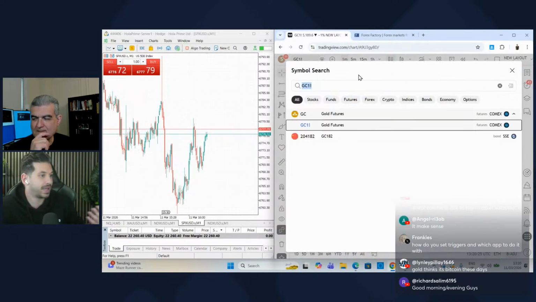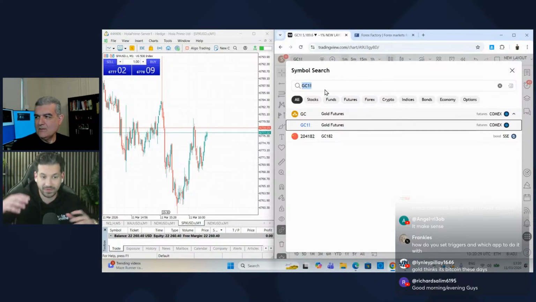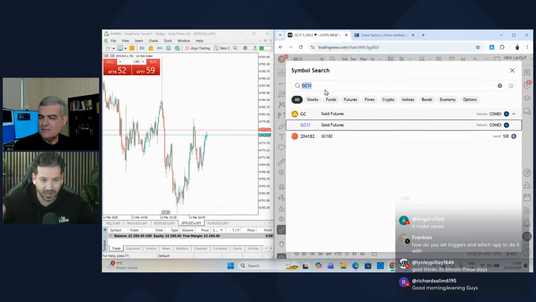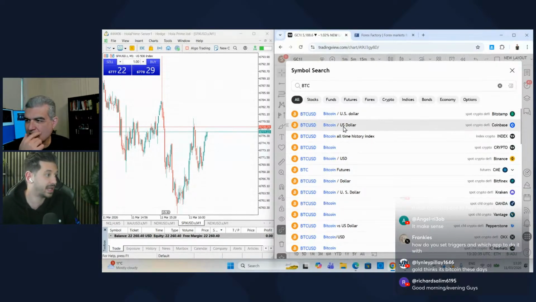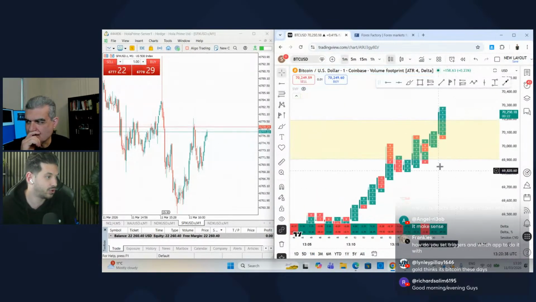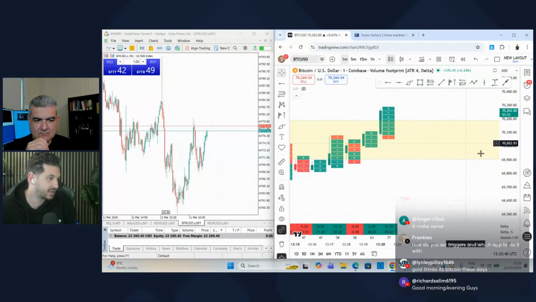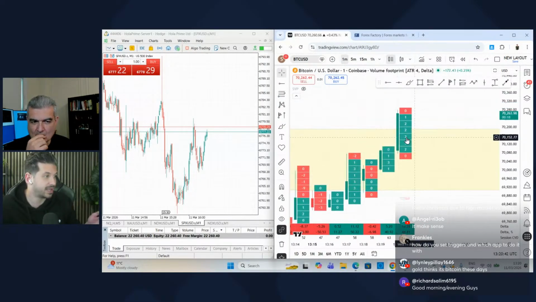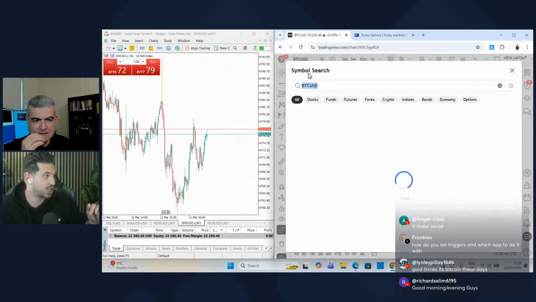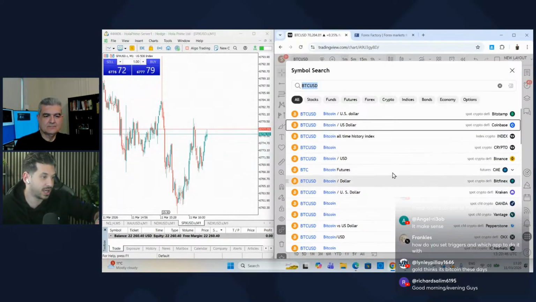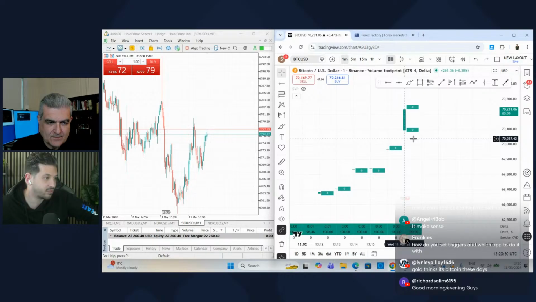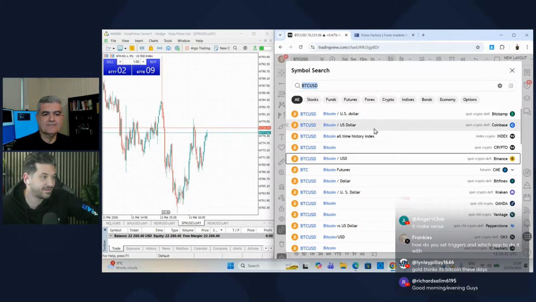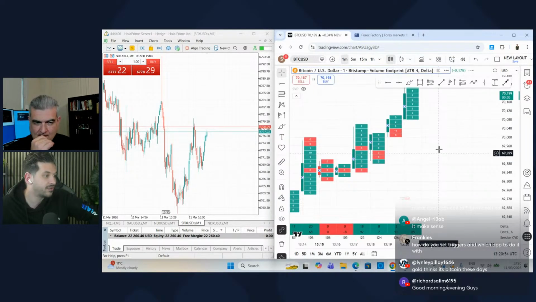Bitcoin comes from an exchange, whether it's Kraken, Binance, whatever, right? So if you go to BTC, for example, and we do Coinbase here, you're going to see the volume on Coinbase. This is the volume only shown on Coinbase, because that's one exchange. But if we switch over to Binance now, the volume is going to be different because that is what's being traded on Binance. There are so many different exchanges you can trade on, right? This is